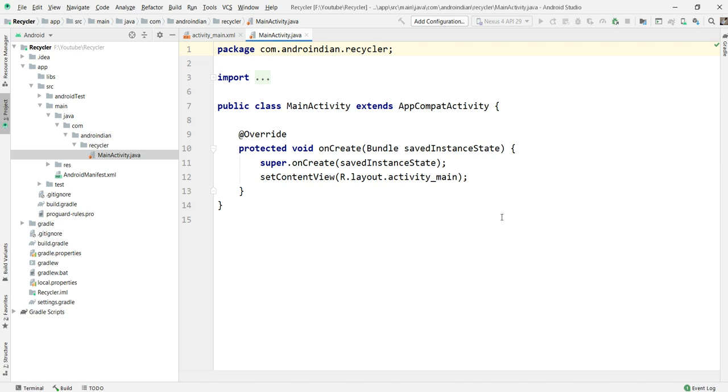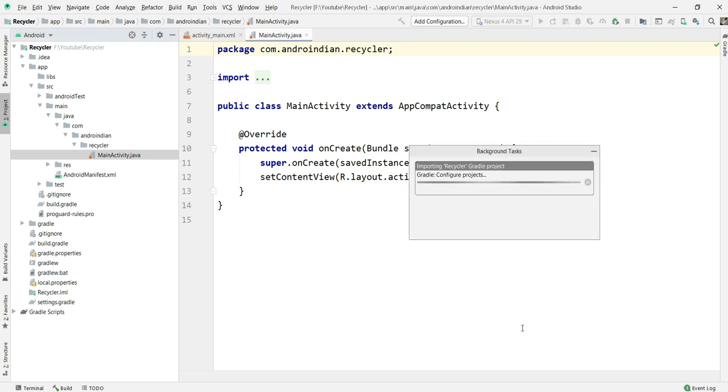Here the project is still creating. Once the project has been created, first I'll change my UI part. Once the UI part has changed, then we can go to the next step. Still the project is loading.